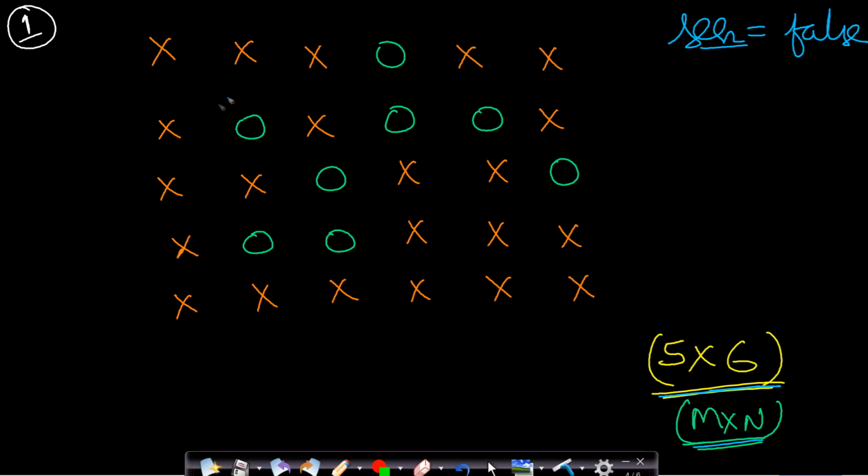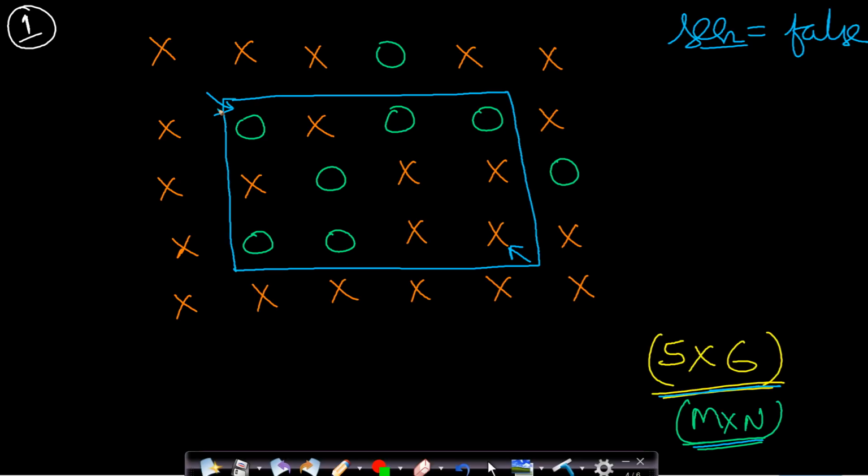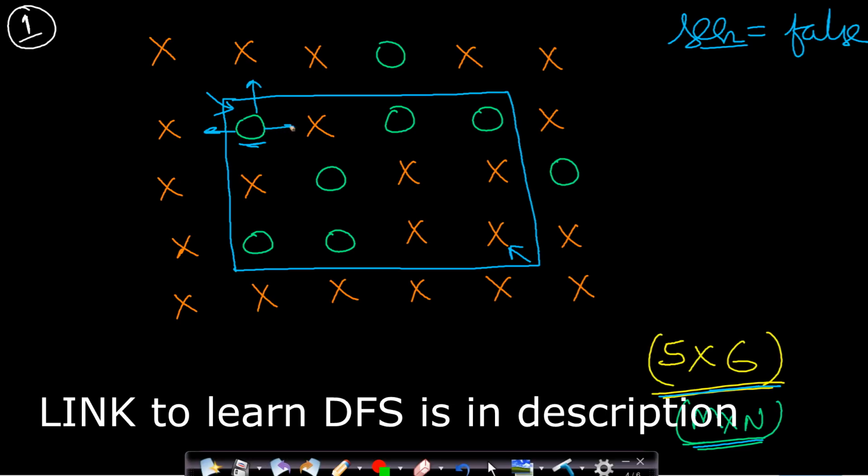Now we will start iterating from 1, 1. You will come to know once the algorithm ends why we are going from 1, 1 to r-1, c-1. So we will basically be iterating over all these elements. We will not be covering the boundary elements. So this is the first element, and this is 0, so we will make a DFS call. Once we make a DFS call, it will be called in all the four directions.